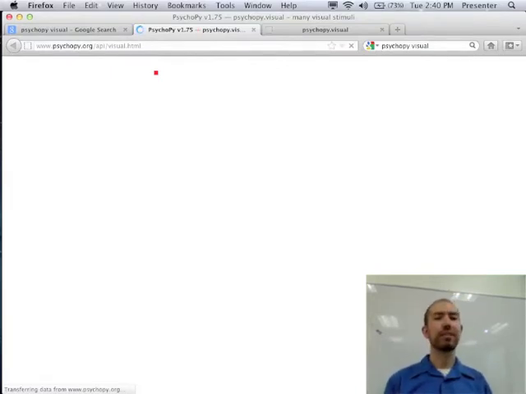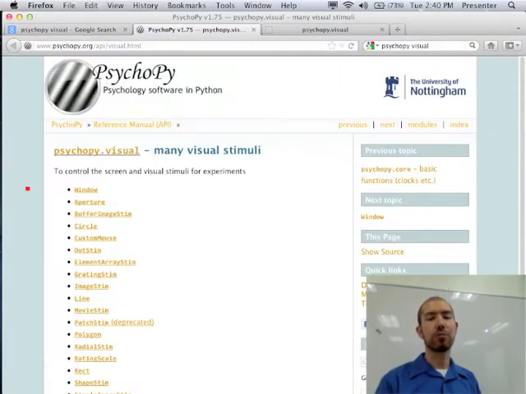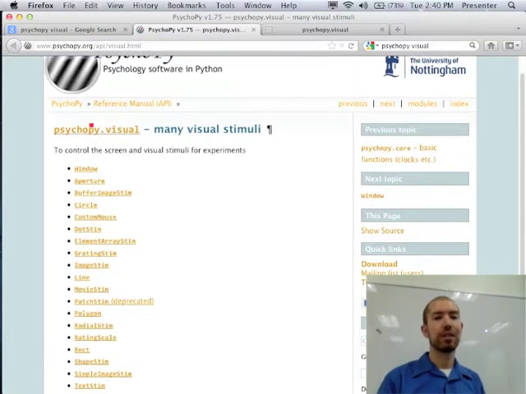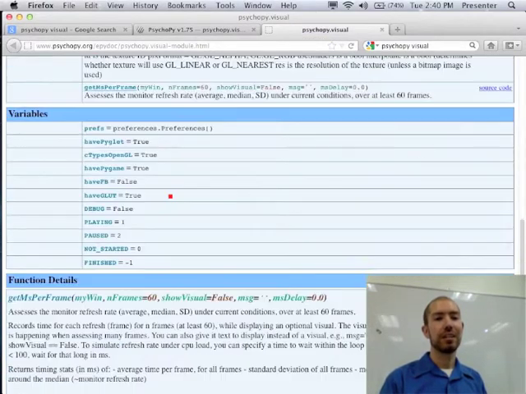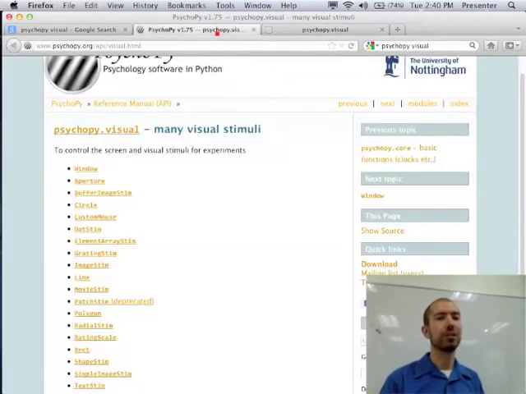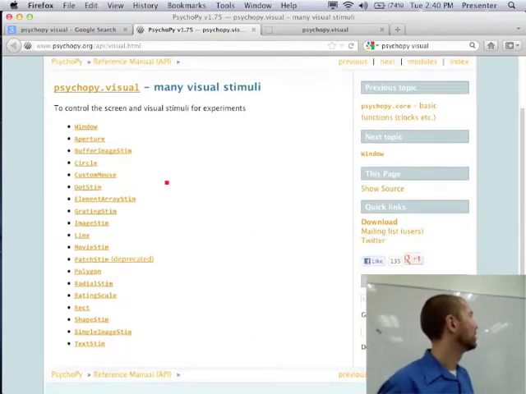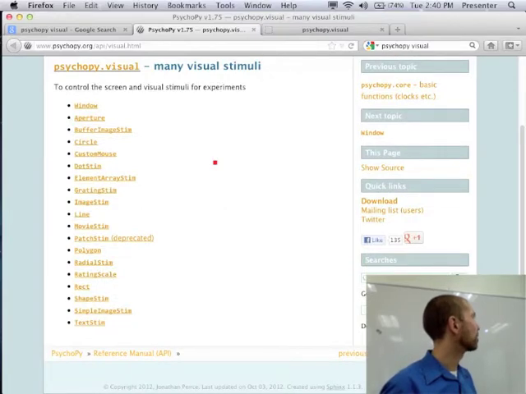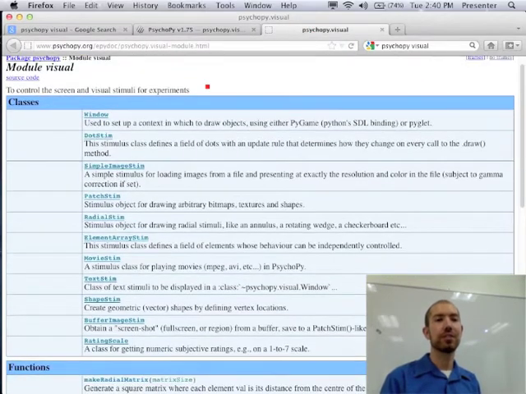There's a couple different places that these things are documented on the PsychoPy website. This one is formatted as part of the regular website. This is kind of another, I think it's auto-generated, reference to the visual module. I know this looks very user-unfriendly and very programming-ish, but hopefully the more Python you get to know, the more comfortable you'll get with this. But basically, if you just Google PsychoPy Visual, you'll see these two references to the visual module, right?